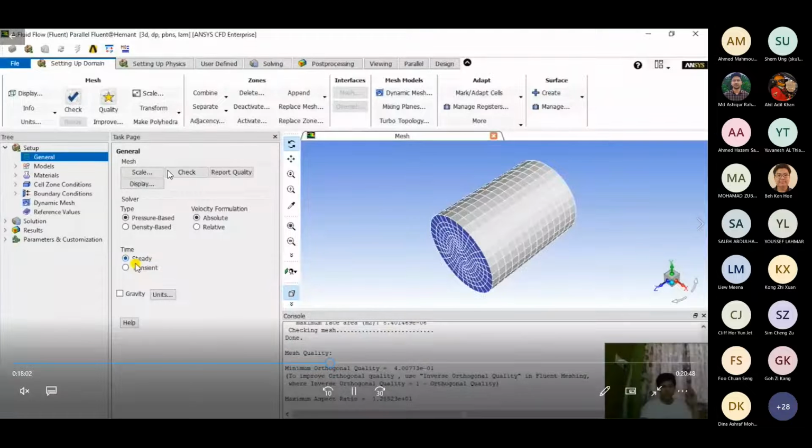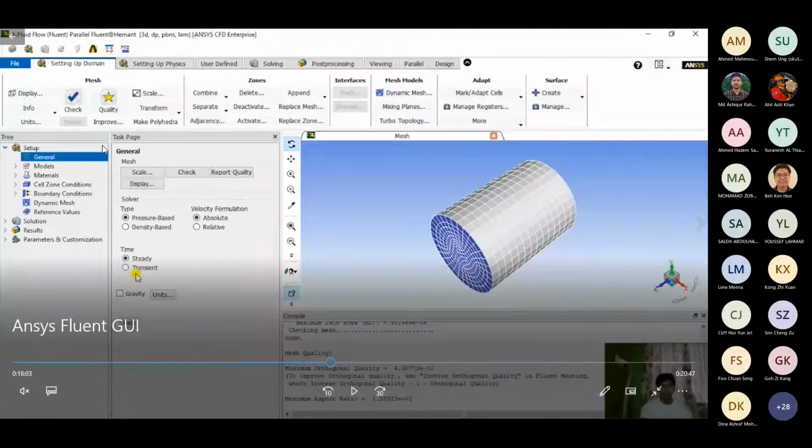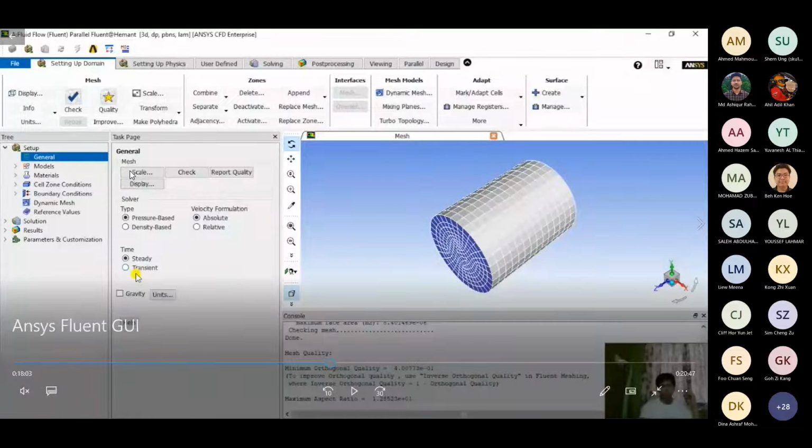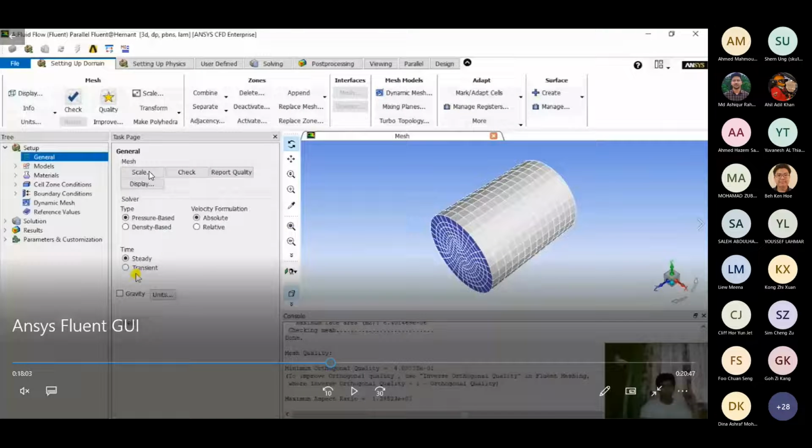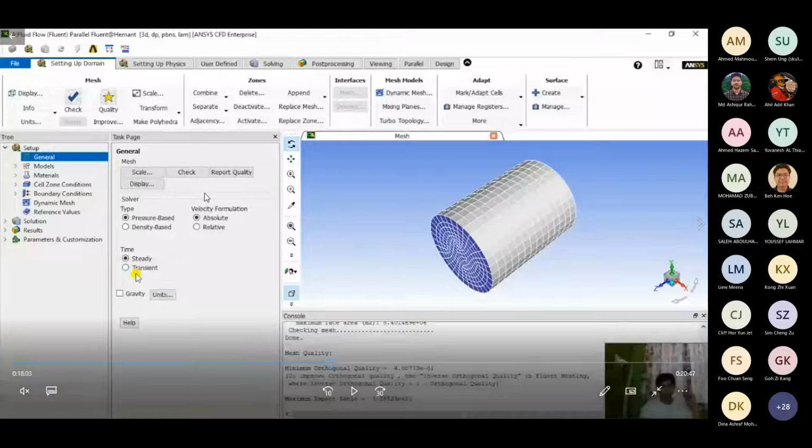Also, you can check your mesh over here in the general tab, where you can scale your mesh. Basically, you can scale your object for lesser computational time, so that if you want your calculation to be done faster, you can scale your model to 1:5 or 5:1 based on your requirement.